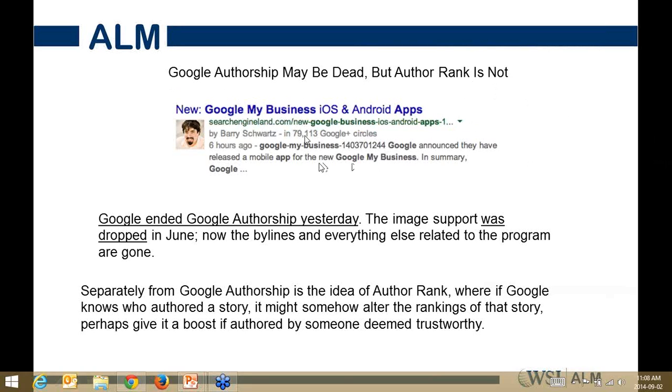So we're getting a lot of questions coming in from the ICs. What does this mean? Do I need to change my programs? Should I even be bothering with authorship in the first place or not? So here's our official stand. Authorship probably is dead, so it's not as beneficial from a real estate perspective on your first page listing in Google. But the whole concept of authorship, which relates back to something called author rank, is still very relevant.